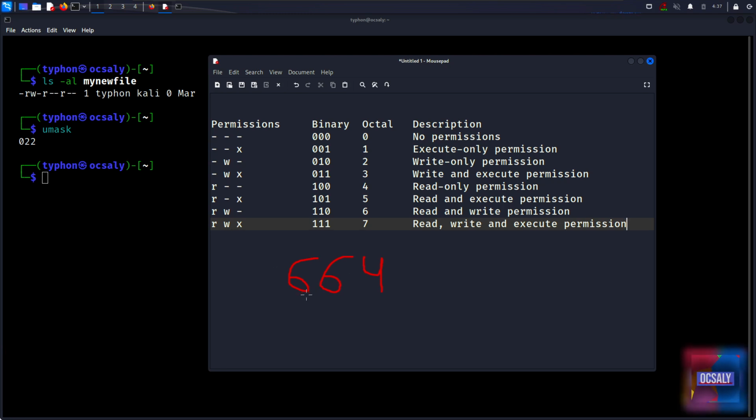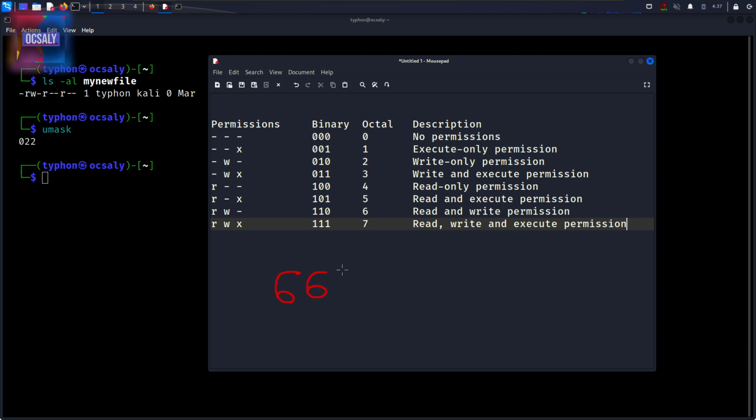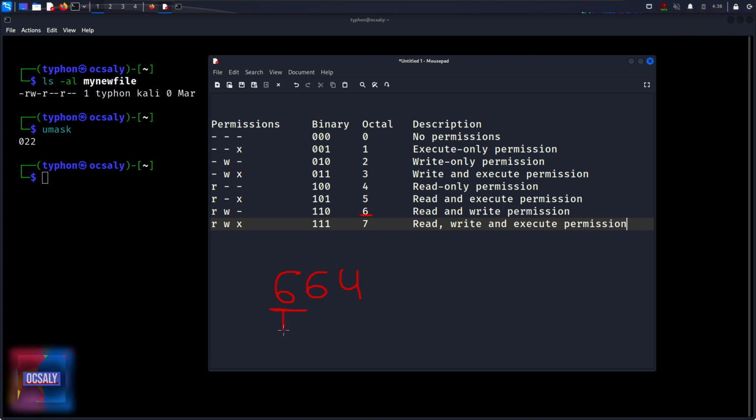Actually, let me write that nicer here. So in this case, 6, 6, and 4. The 6 here, remember, represents read and write permissions for the user. As you remember from previous lectures, the order is user, group, and everyone else. So here the 6 is for user,